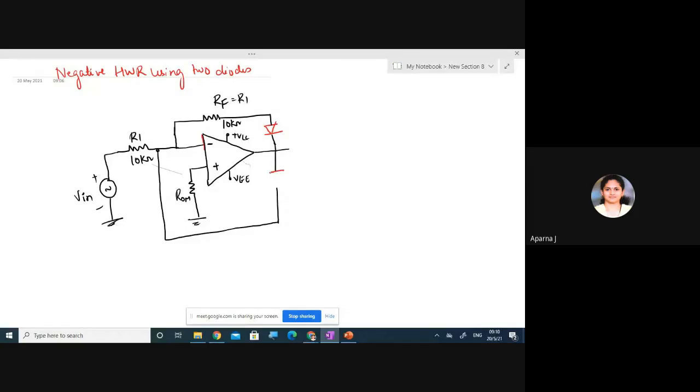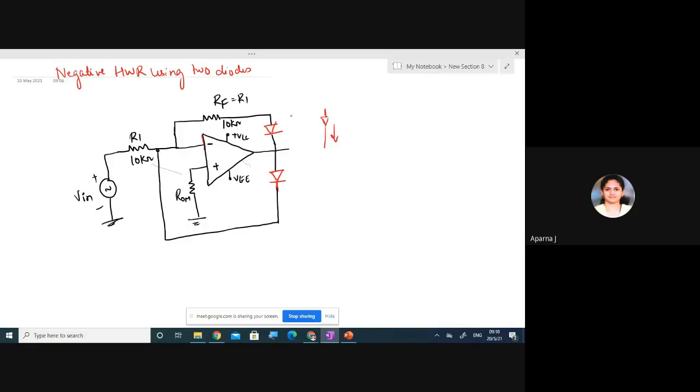And the diode direction you can just easily remember, that is, it is in the arrow mark symbol, which is towards in the same direction. Both are in the same direction, that is, which is looking downwards. This is how you can remember the diode connection. So one diode is between the output and the inverting terminal, and the other diode is again in between the output terminal and the input terminal.